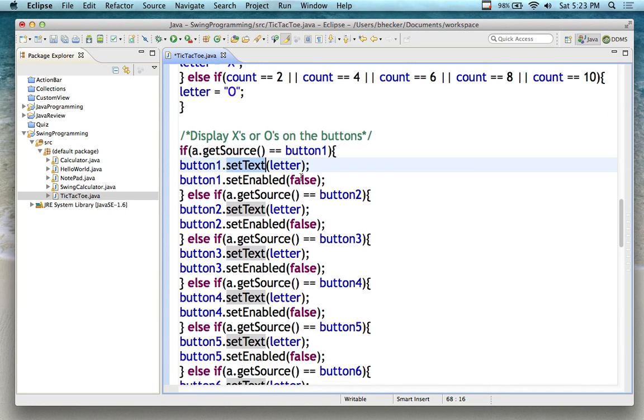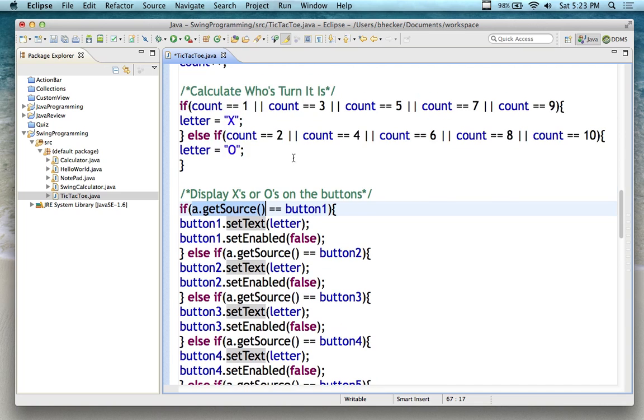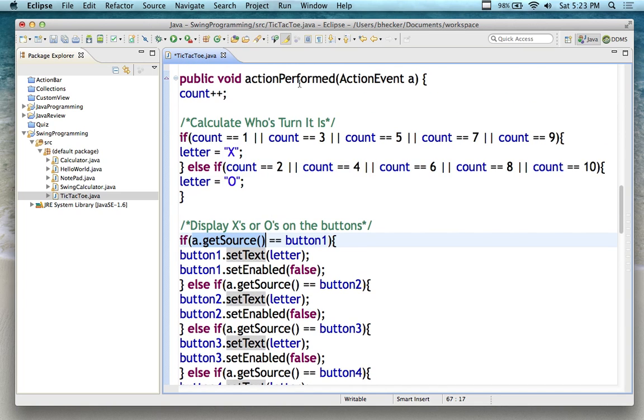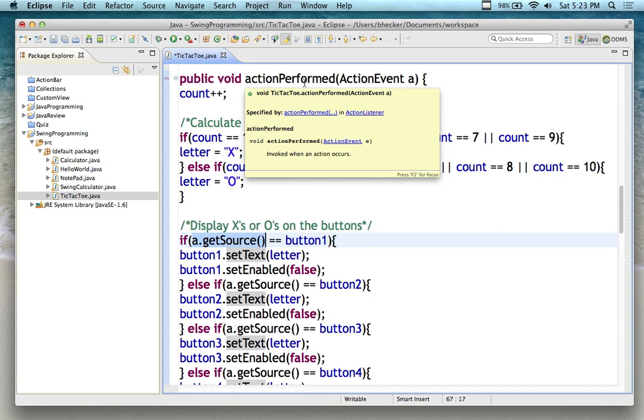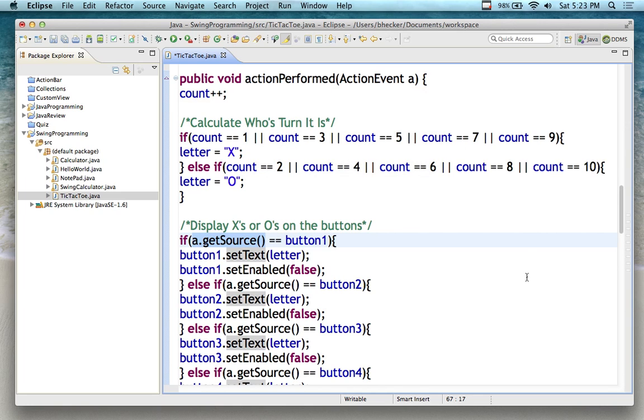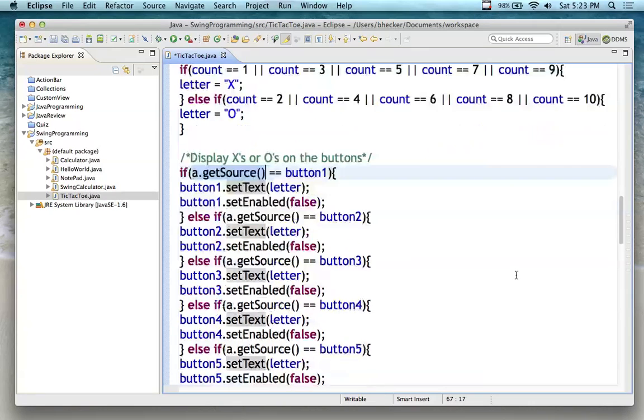So display the X's and the O's on the buttons. If a.getSource, what's a.getSource coming from? It's coming from the turn. We're still in the action performed, by the way, by the event action listener. So action listener is going to call in our implementation of this interface this action performed. Action performed is going to go over and say, well,